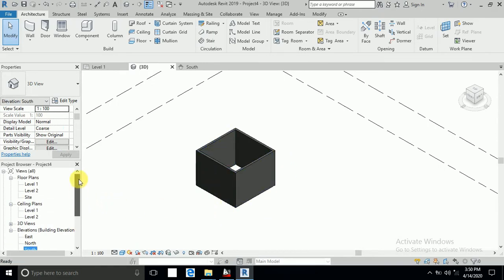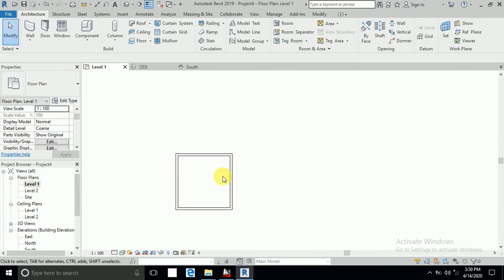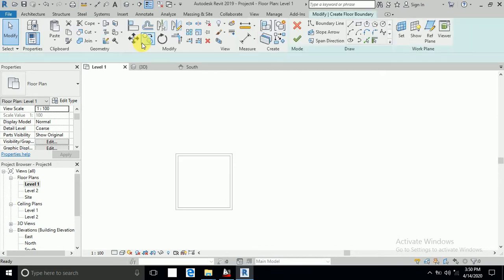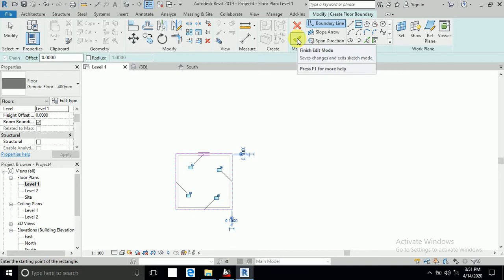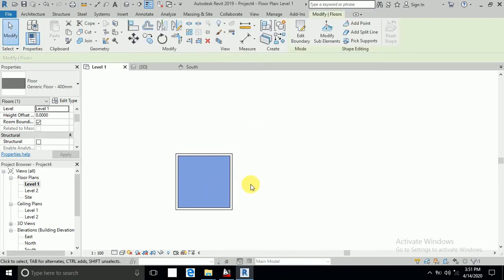What I do, I click level 1. First of all, I create a floor. Okay, and select a floor rectangular, and from here to here, I just want to clear your concept. Okay, I create here a floor. I don't put the value of floors, 15 centimeters and 40 centimeters and 30 centimeters. This is just